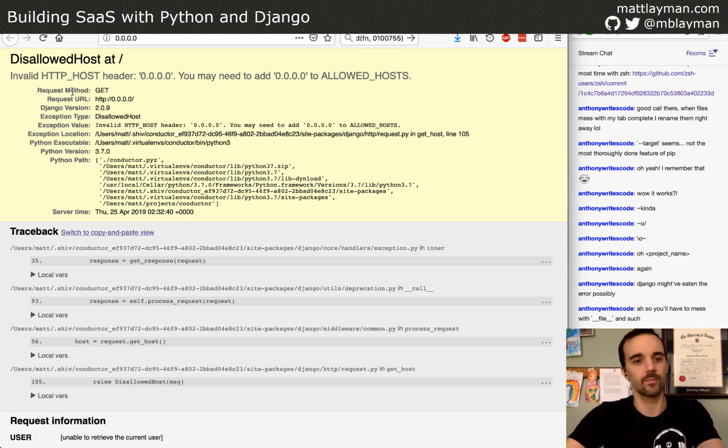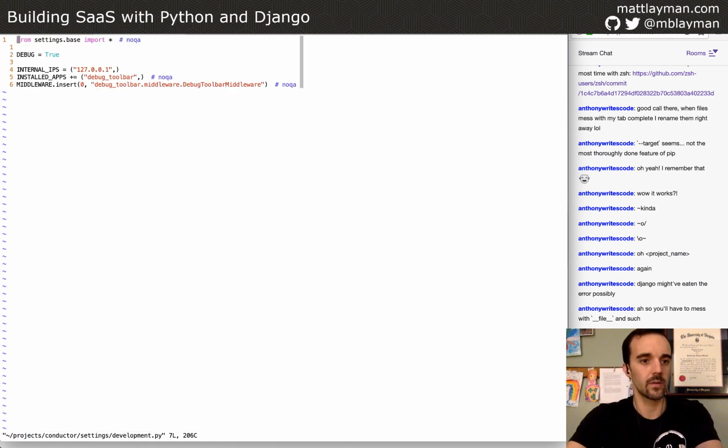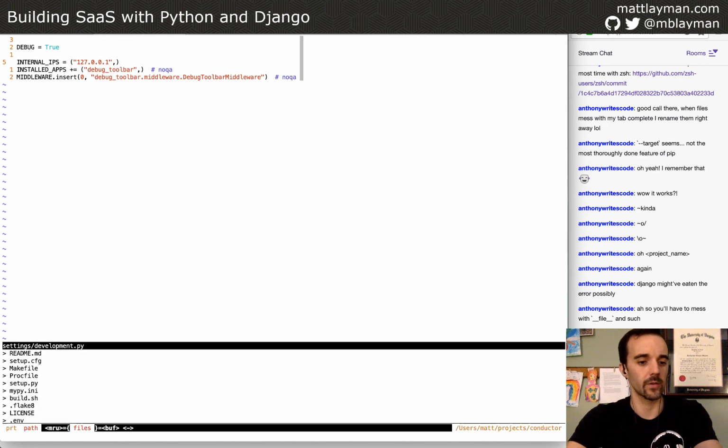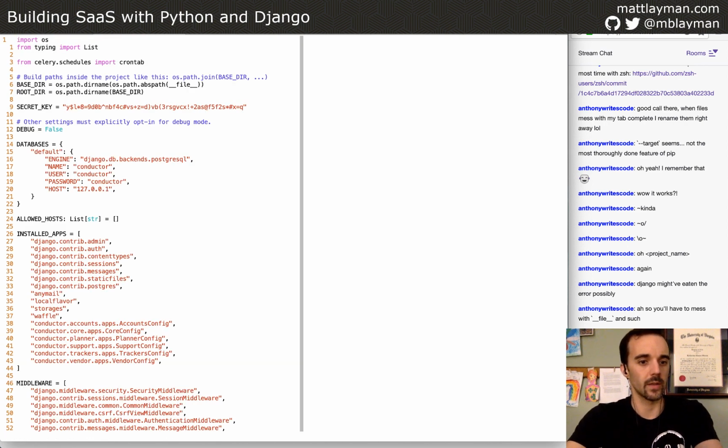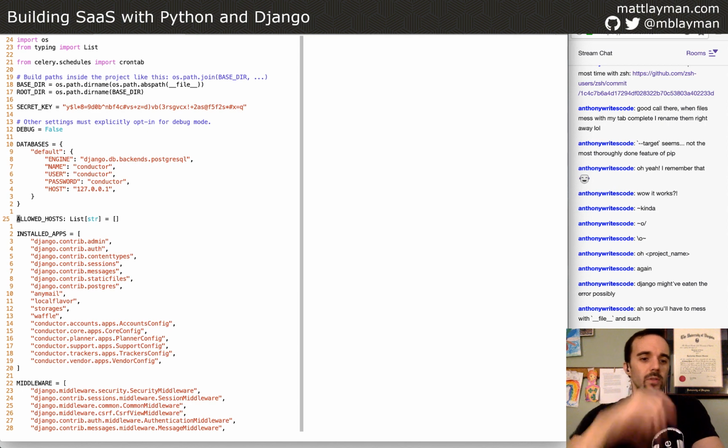Oh, okay. Yeah, now we're just getting into Django configuration stuff. So the settings development file is, well, I guess we really need to look at the base file and look at ALLOWED_HOSTS being empty. Because we're using Gunicorn and binding to 0.0.0.0, that's not in the allowed hosts. If you have ALLOWED_HOSTS empty, the way Django does it is it assumes you're okay with localhost, like you're doing local development. Anything else though is not permitted. So yeah, I'll have to mess with the settings file and such. You're right. And I'll have to tell it to